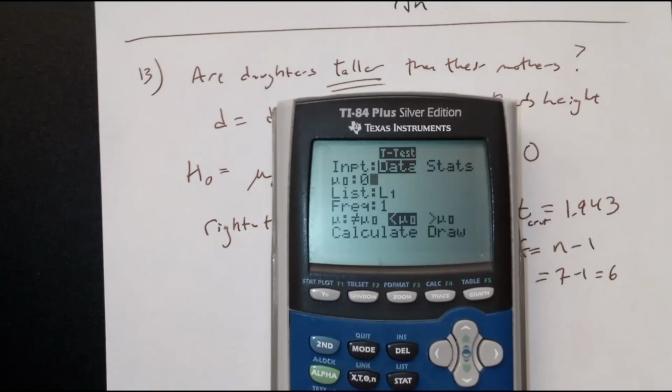I could think about doing a confidence interval for the height of the daughters and a confidence interval for the height of the mothers. And if those two intervals overlap, then the daughters might not be taller than the mothers, right? So I could do something separately for each one. It's a confidence interval. But I think I'm better off, since I deliberately want to pair them up, looking at it that way. So the way you would do it on here is you would